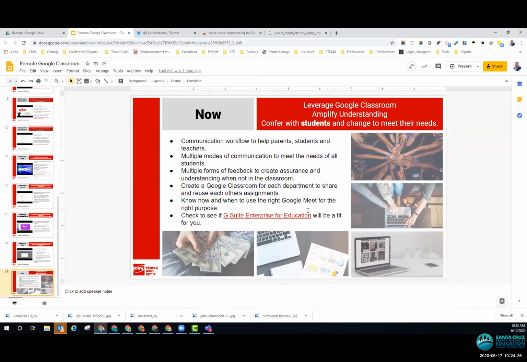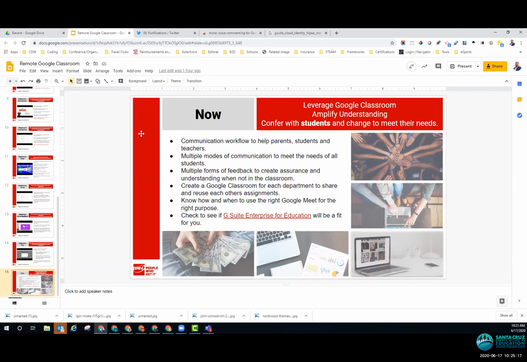So definitely, if the recording portion is extremely important to you, if originality reports, if you have high school teachers that want to do a plagiarism checker, it has free originality reports for all Google documents. So definitely check out G Suite for Education and see if it is a right fit for your district. I have found that sometimes it'll actually be cheaper because a district may be using Zoom and that ends up becoming almost $100 per student. And this one ends up being only like $24 per student. So sometimes you can actually save a district money because it consolidates some of the things you're looking at.